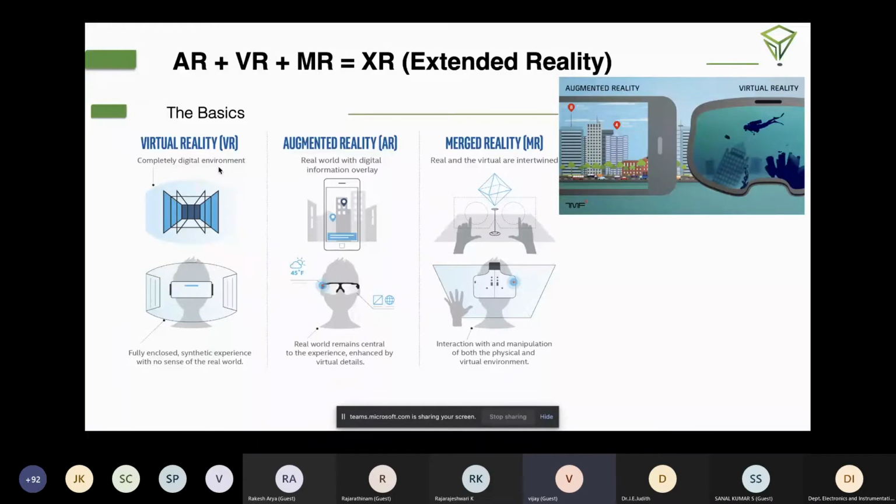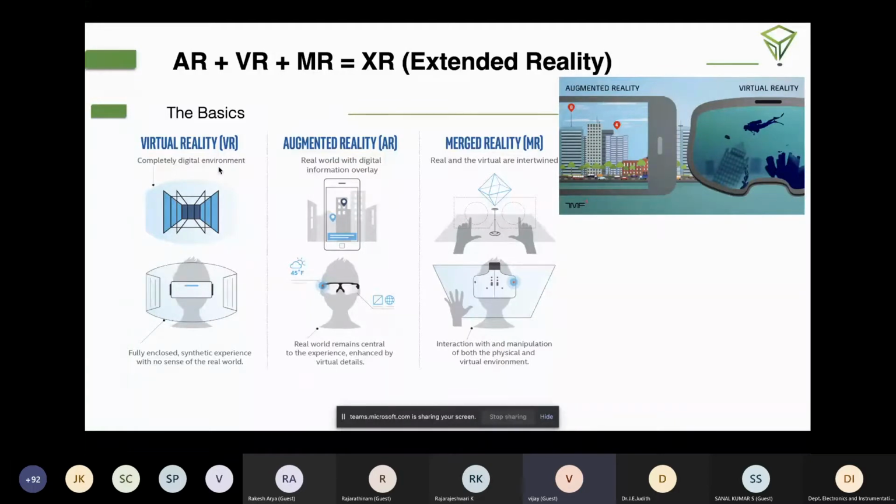Augmented reality is a technology that combines the real world with a digital overlay. So if you have a real world in front of you, and you want additional information about it, all you have to do is put on an AR glass or take a smartphone and point at it, then you will get digital data as an overlay on the real world. It could be 3D data or whatnot. So that's augmented reality. You always get to see the real world,